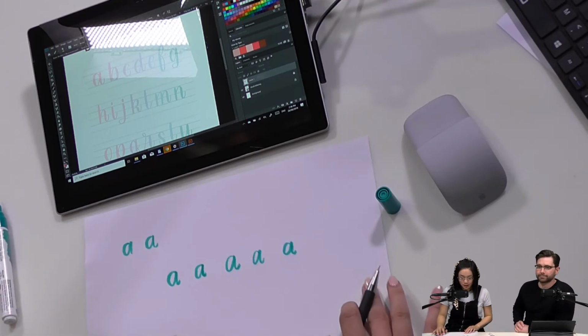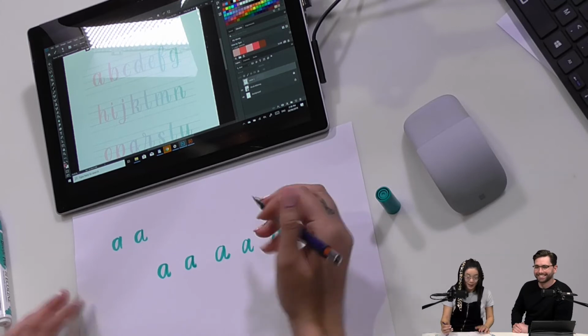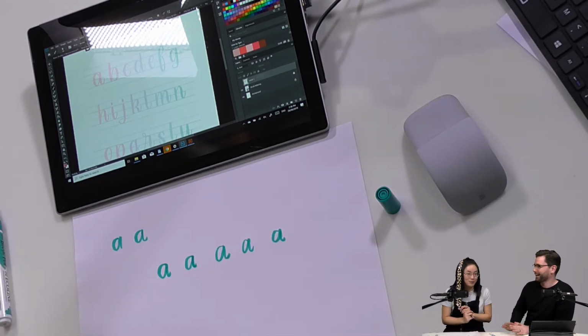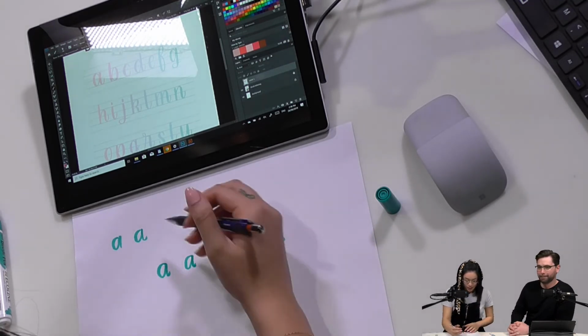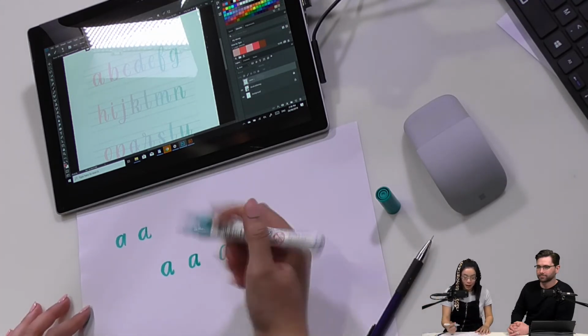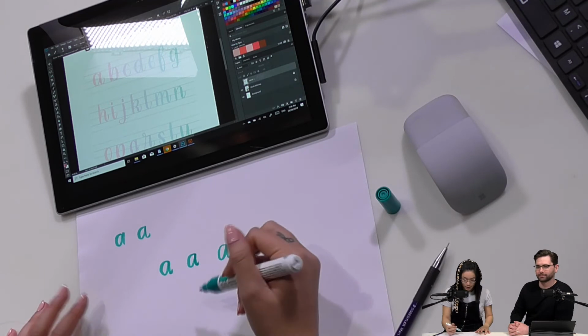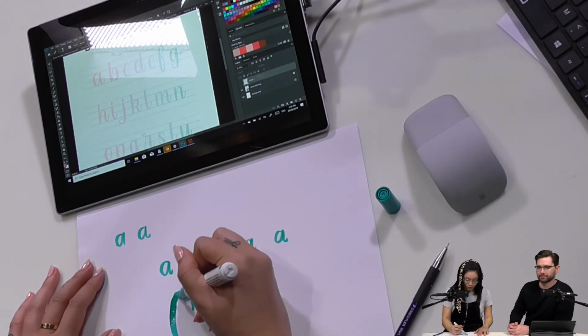So this is what he has done. This is a lot of good design school. This is taking me back to year 1 of school. So what we can see here is that he hasn't pressed on the brush pen hard enough. So this is how it should look, and that's not how it should look.